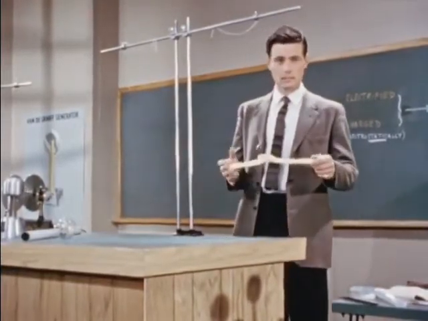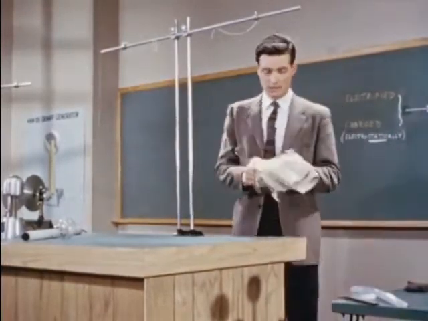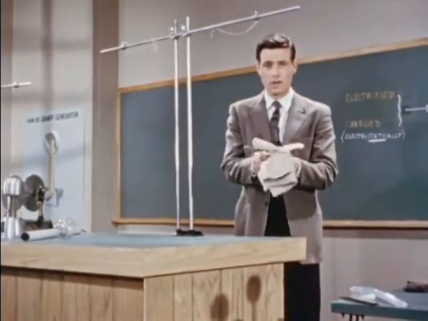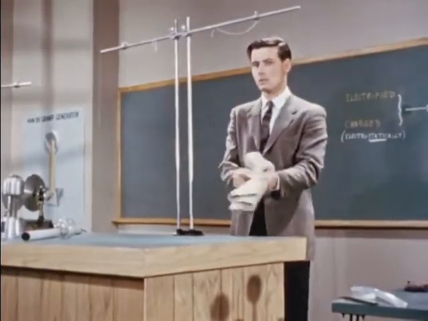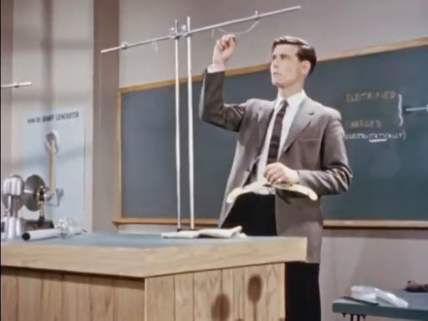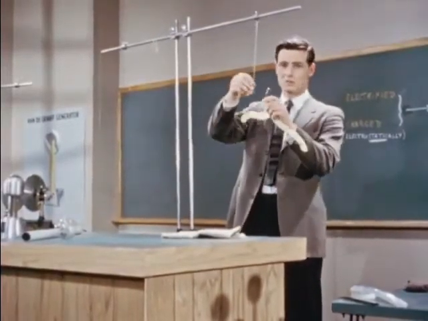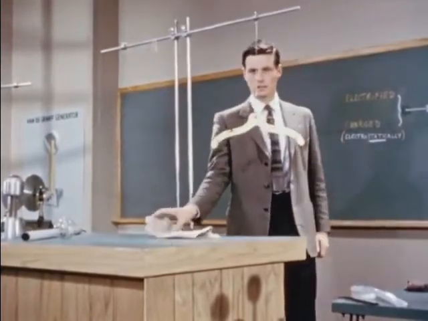Now, here's a coat hanger made of plastic. I'm going to charge this by rubbing with a wool scarf. Friction's a very general method of giving materials an electric charge. Think of when you walk across a carpeted floor and get a shock when you touch the doorknob. Now I've suspended this,